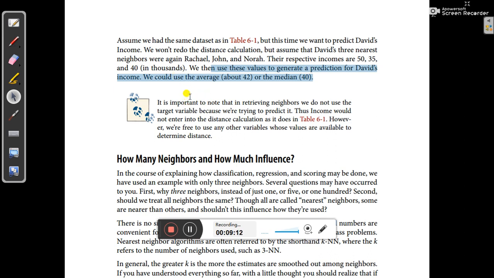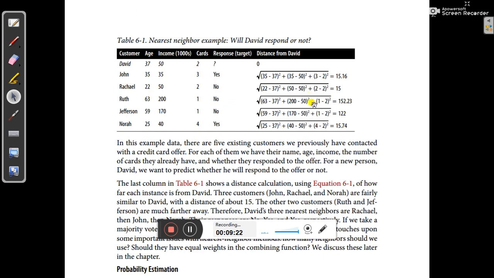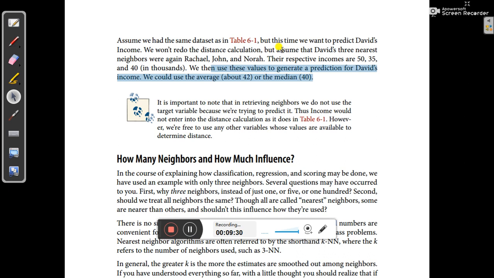This is to predict the income of David using the same knowledge of nearest neighbors from the previous example. Because we have already calculated the distances, we are not going to calculate distances again in the case of regression. We only take the average or the median of the incomes of Rachel, John, and Nora, that is 50, 35, 40. We will take the average, or we might take the median value, to predict the